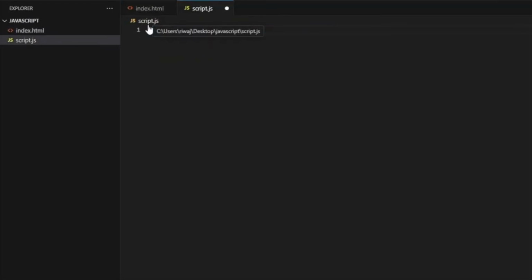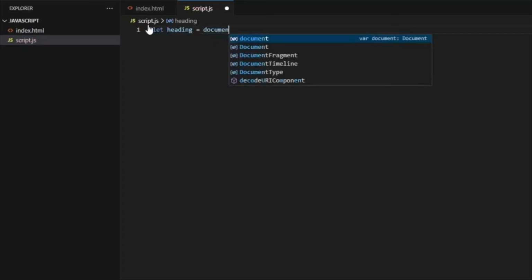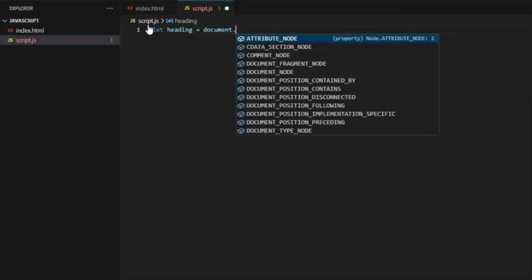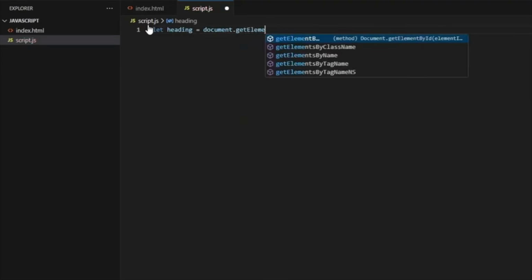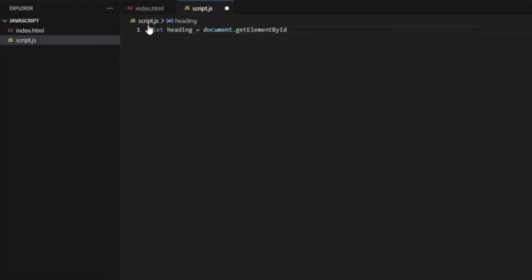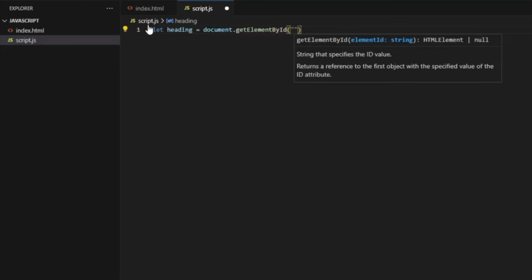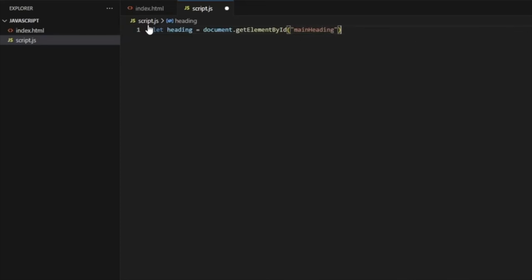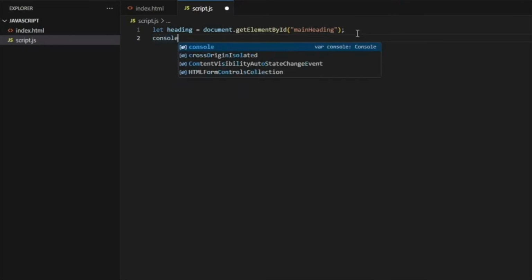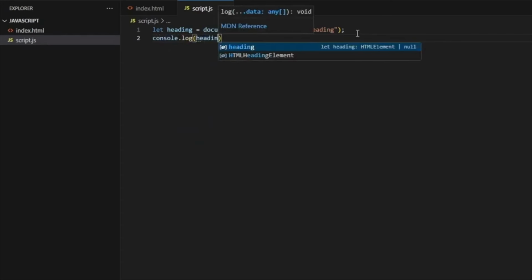One of the ways we can select an element in JavaScript is by its ID, and we can create a variable to store the selected element. So let's say let heading equals the document object dot, now we use the selector, that is getElementById, and we enter its ID name in double quotations, that is main-heading. And after this element is selected, we can do whatever we want with it. So let's log our heading onto the console. So console.log(heading),